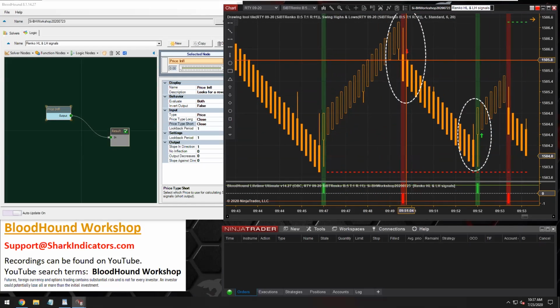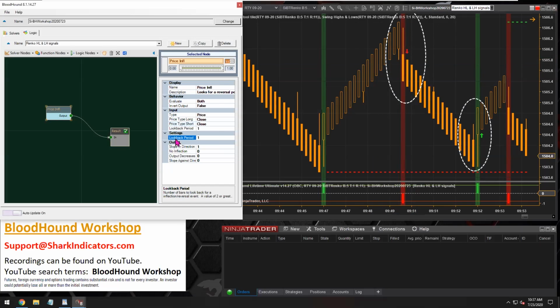Remember, we want the second bar after the reversal bar. So what we need to do is take the look back period and increase it to 2. Now we can see the reversal signals extend forward 2 bars, or an extra bar, I should say. So we have 2 bars of these reversal signals. Now we can take this